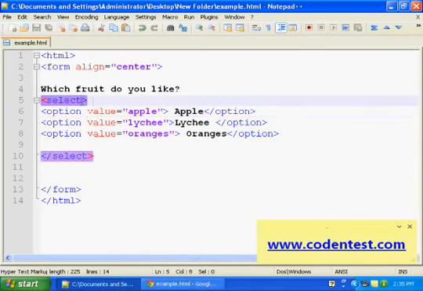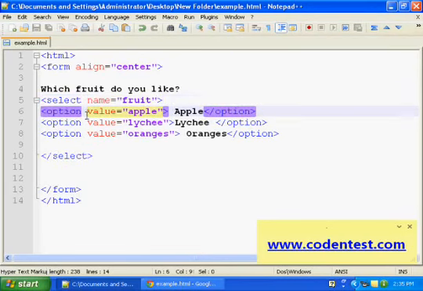We'll write the name attribute in the select tag. Name, let's say fruit. This attribute name equal to fruit, which we wrote here, is as good as writing it in each individual option.